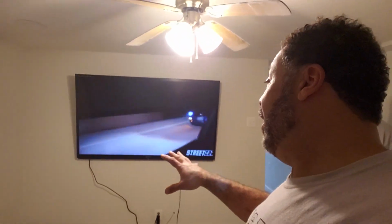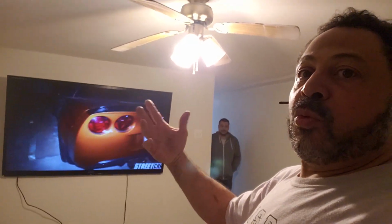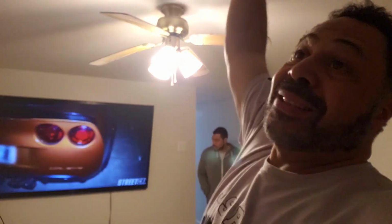As we go through, what we have here is an existing bathroom. We didn't touch that, so we're not going to look at it. But what we're going to have in here is the man cave, and thank God it's not Redskins colors. We've already mounted the 70-inch TV up on the wall, and by using these light colors as well as this light carpeting, it gives you so much more light,